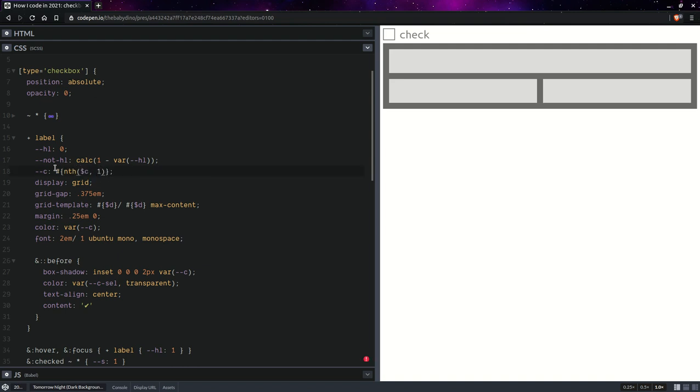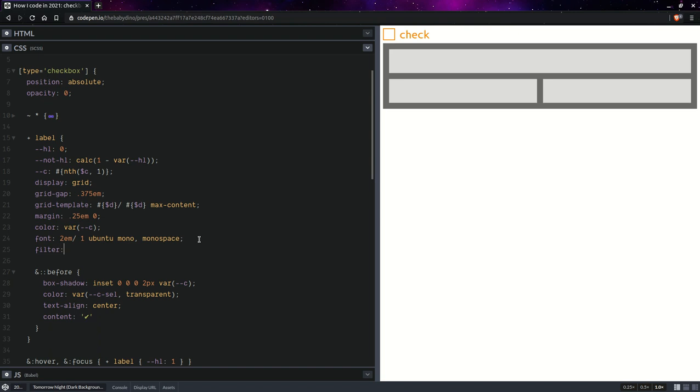We're not going to leave it like this, but for now let's just do that. And here we'll be setting a filter. So filter not highlight, sorry. So if we don't hover it or focus it, so for example now it's focused, let's click